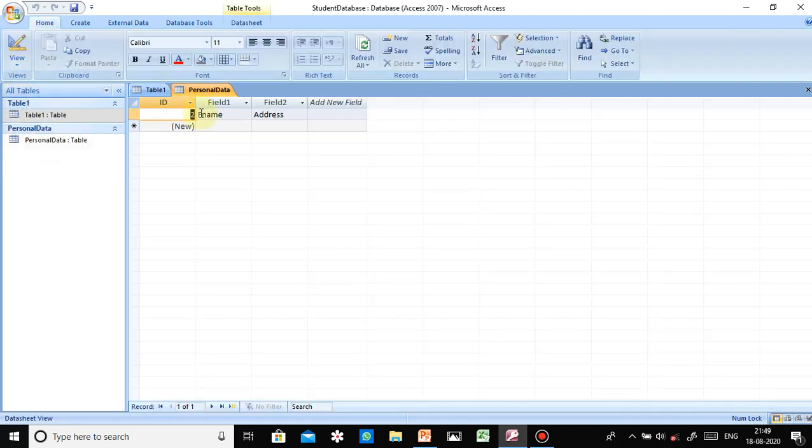This is personal information. I have to enter the records, so that we can enter so many records with the help of different views. Suppose, sorry, in table 1 we have to enter the records. First one, Ria. Okay, tab. What is the subject? Maths. Next is Neha.